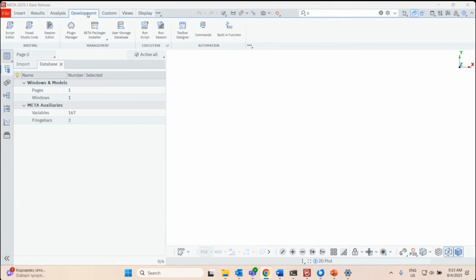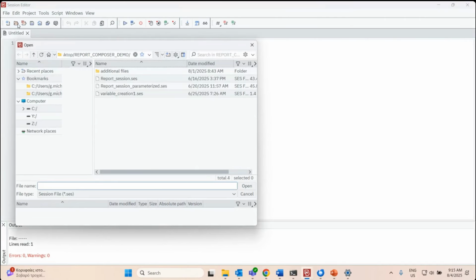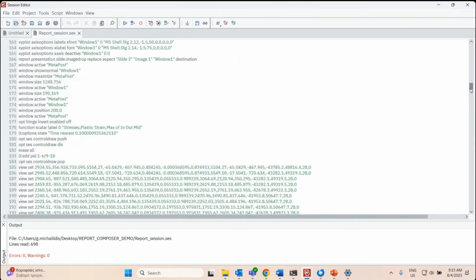However, by the end of the process, everyone should more or less arrive at a similar outcome: a complete session where all the necessary commands and elements for automated report generation are in place. This session serves as the backbone of the report, containing everything needed to populate the template quickly and consistently each time new results are loaded.